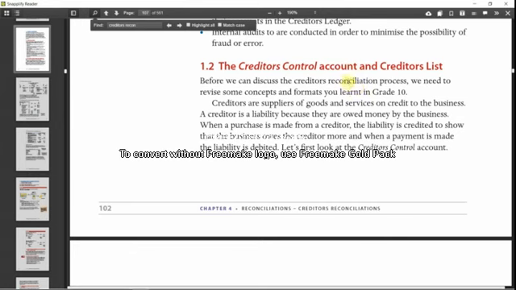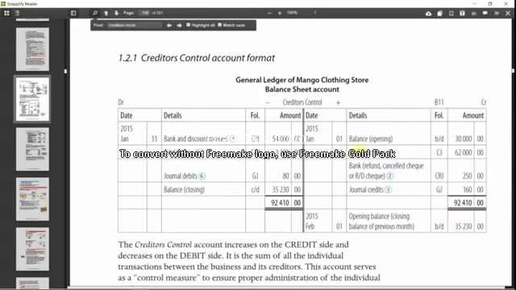Now that we defined what a creditor is, let's focus on the creditors control account in the general ledger. The creditors control account, as our liability account, shows basically what we owe all our creditors in totality, and we obtain that information from our various journals, namely the